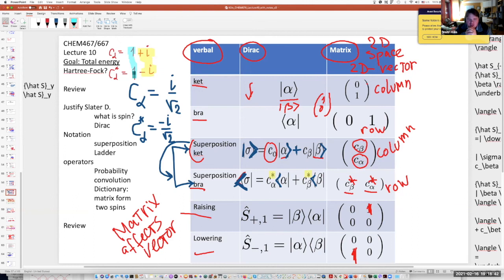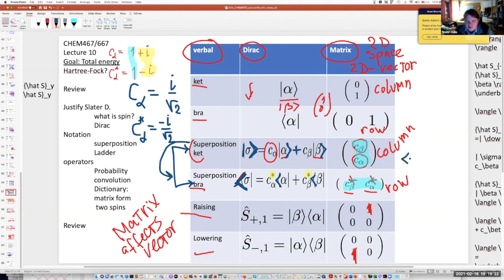between superposition cat and superposition bra. If you look at the third column here, you see I write C sub beta, C sub alpha as a column, right? And here I write C sub beta, C sub alpha as a row. So why do I do it? I'm not taking credit for designing this notation. Why does Dirac do it? So if I practice multiplication of